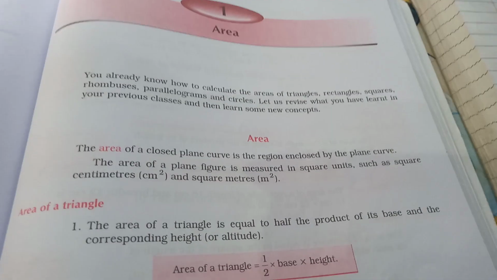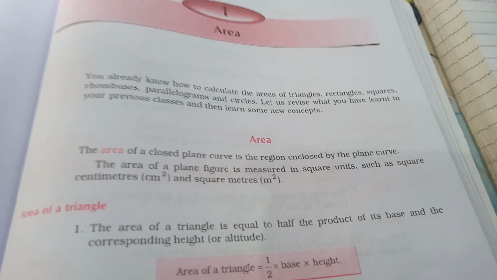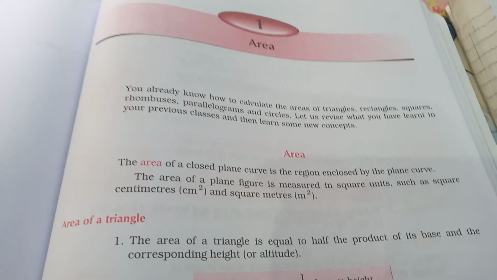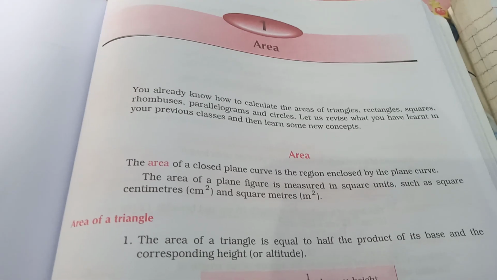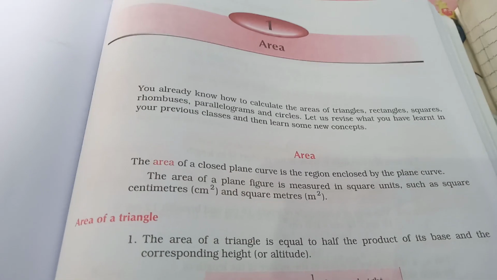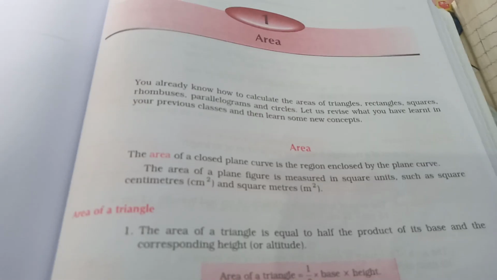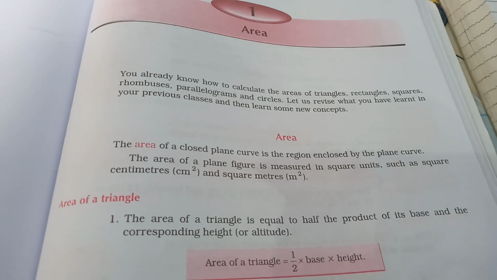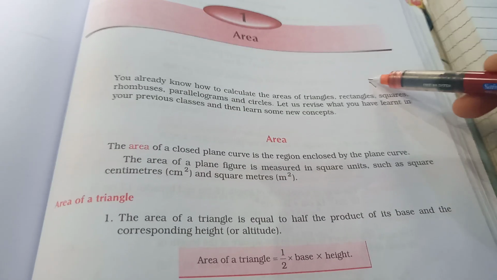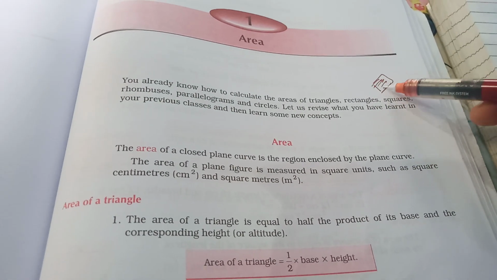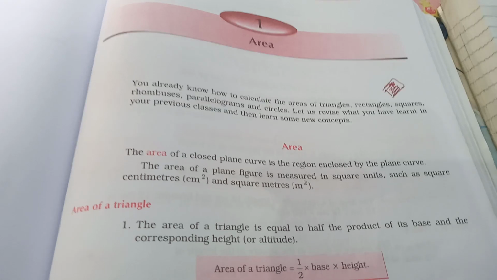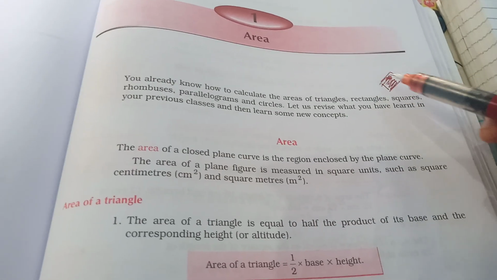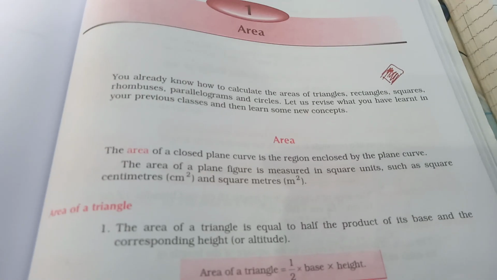Hello class 8. Today we'll do the chapter on area. What is area? Area is a specific space, a region, like a piece of land, but in mathematics it is the total size of a flat surface, and we measure this in square units. Or you can say it is the amount of space inside a boundary. Suppose there is a boundary, and the amount of 2D, two-dimensional space inside this boundary, whatever region is inside this boundary, that is called the area in very simple terms.